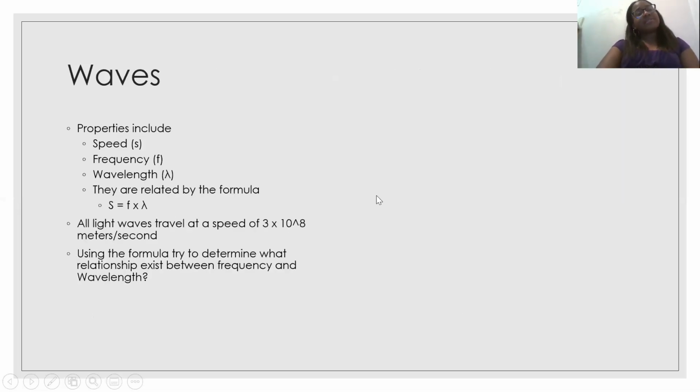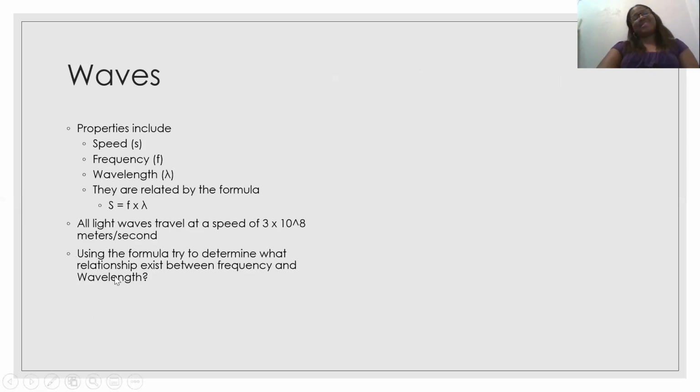What are the properties of waves? So there is speed, frequency, and wavelength. They're related by the formula speed equals frequency times wavelength. All light waves travel at a speed of about 3 times 10 to the 8 meters per second. That's pretty fast. It takes about, I think, 8 minutes for the sun's light to reach Earth, if you want to